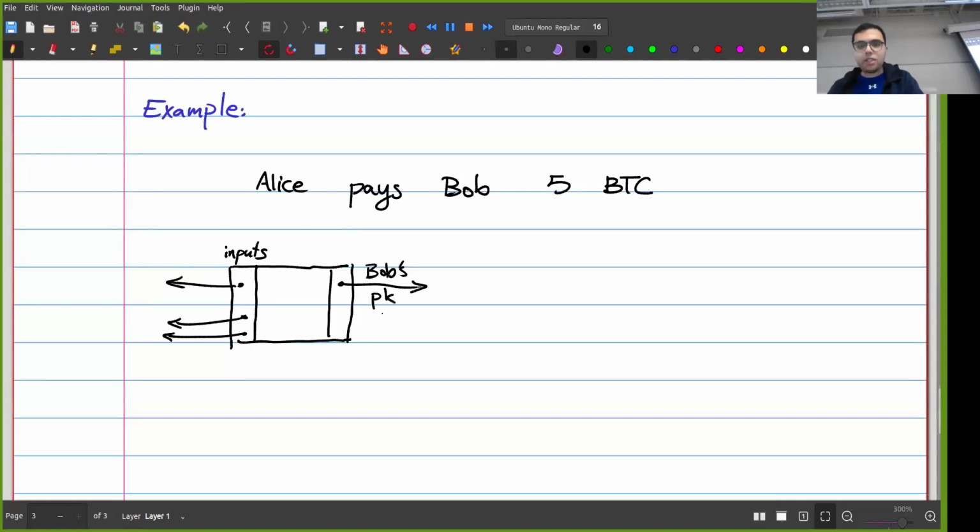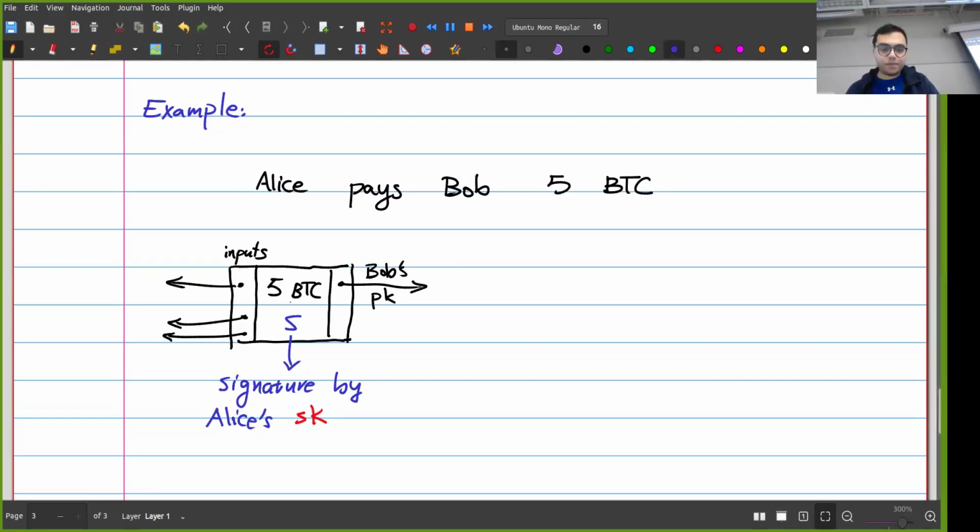Okay. She's going to have to create an output, and this output is just going to be Bob's public key, or just Bob, right? So it's saying that I'm paying Bob. It has to have an amount, so the amount is 5. And most importantly, you have to sign the whole thing. It has to have Alice's signature. So it's going to have a signature. I'm going to just write S here. Actually, the signature is public. So this is a signature by Alice, by Alice's secret key on the whole transaction. Okay,